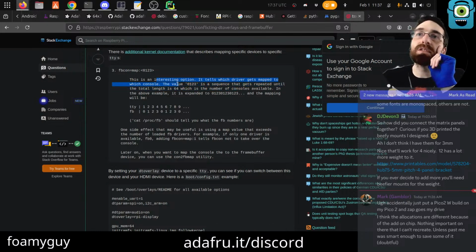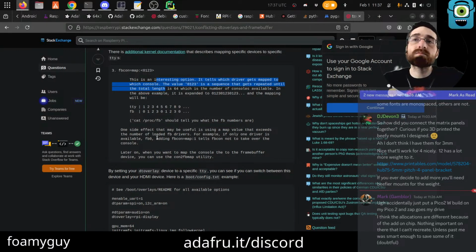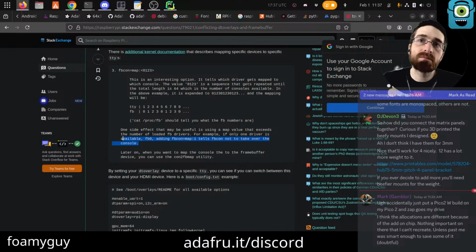Value 0, 1, 2, 3 is a sequence that gets repeated until the total length is 64, in which the number of consoles available. If only one driver is available, FB0, adding FBCon map 1 tells FBCon not to take over the console. Later on, when you want to map the console to the frame buffer device, you can use con2fbmap.